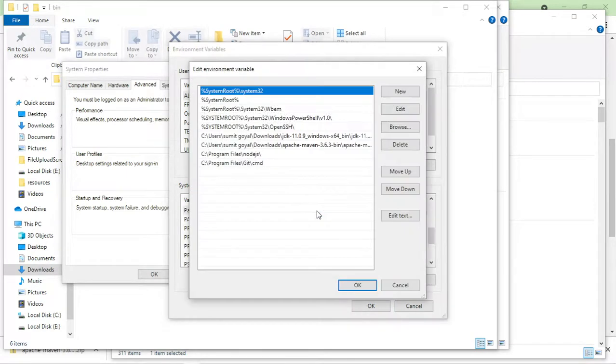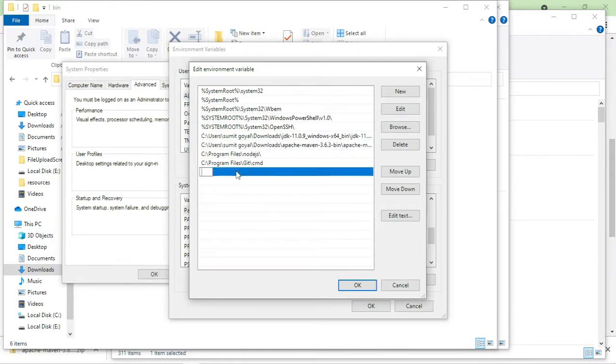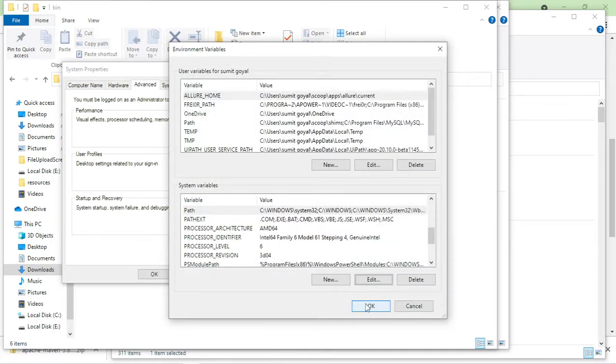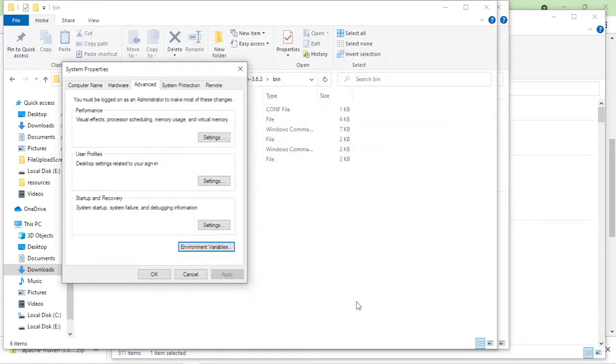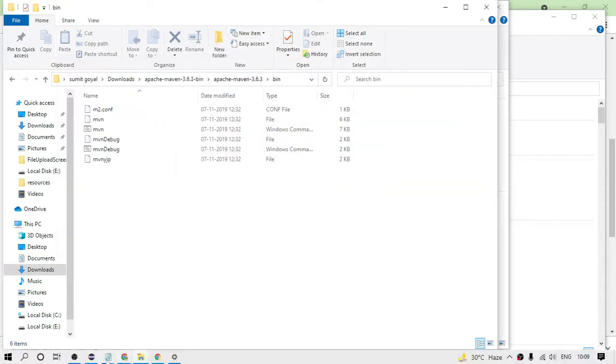Similarly, just like we did for Java, here you need to provide the complete path inside the bin folder, right? You can see here, if I paste the path which I have copied, inside the bin folder you have to provide the complete path. So these two paths you have to set, and after that you have to click on OK. As of now, I will click Cancel because I already have it. Now you have to click on OK again. This will set the path, right?